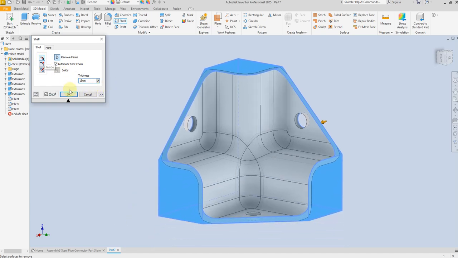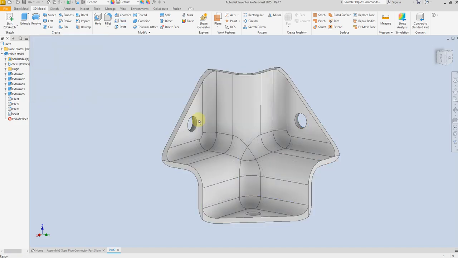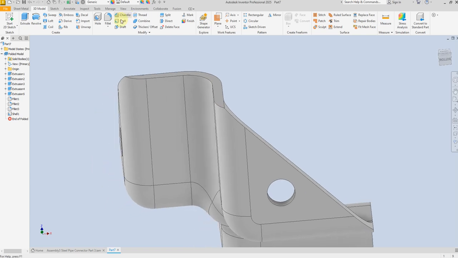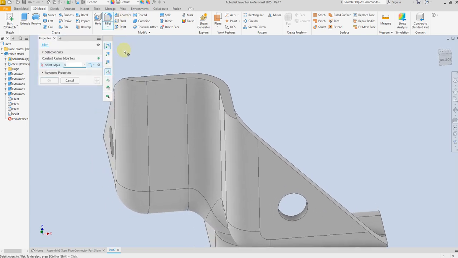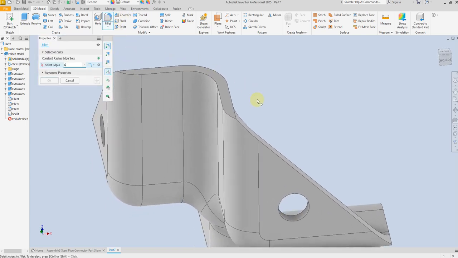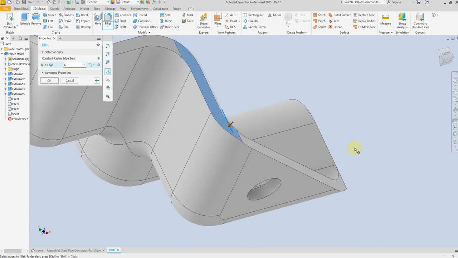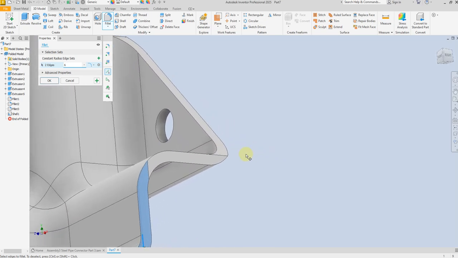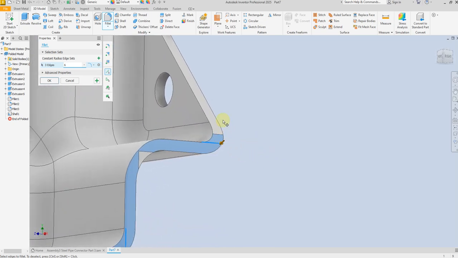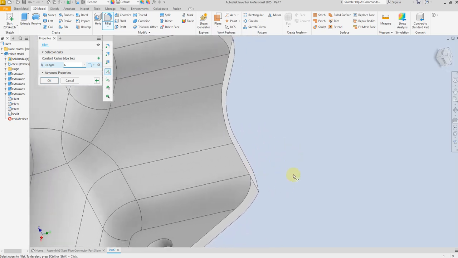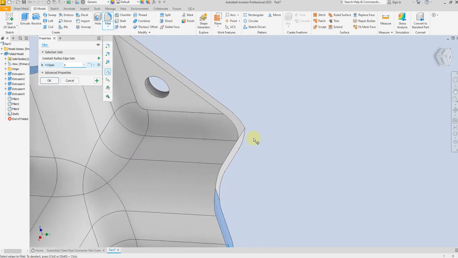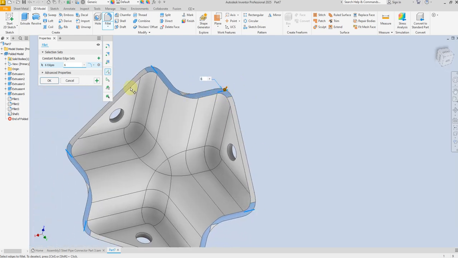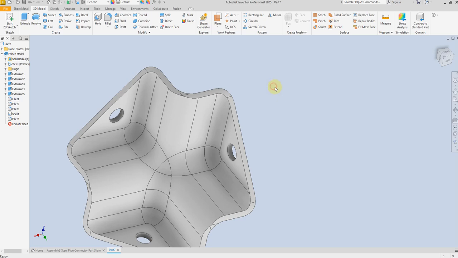And select this one inside. Okay, again let's select fillet command, give a dimension of 6, and now select this edge and this one. Okay,